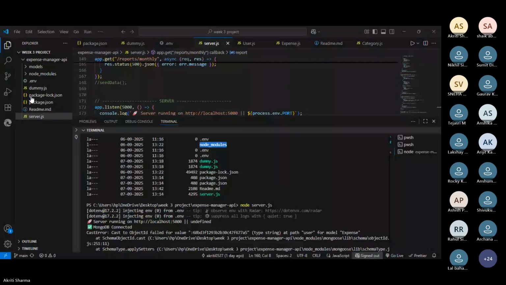I use Postman to check the APIs. Firstly, in a user collection, first I create users, like I already wrote the dummy data for it and just try. So it gives a 200 status and JSON response for this.